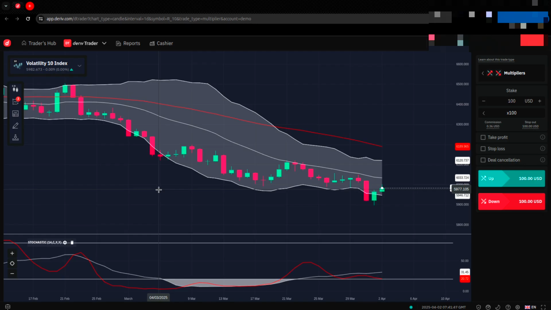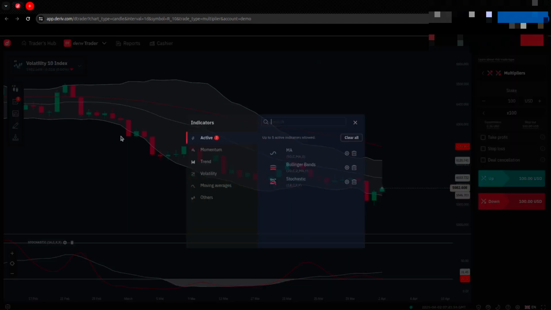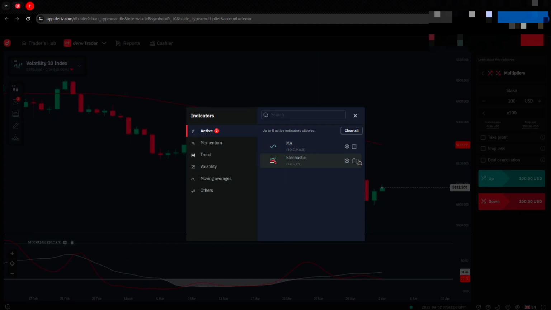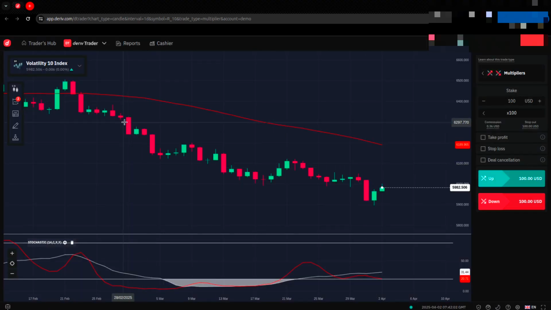For this illustration, I'll use this bearish dominant trend on the one-day chart. Since we've already identified the dominant trend, I'll remove the Bollinger Bands to make this illustration clearer. This bearish breakout candlestick closed without a wick, while this other bearish breakout candlestick closed with a wick. The strategy is to enter a trade immediately after a breakout in line with the dominant trend and close the trade when a retracement begins.